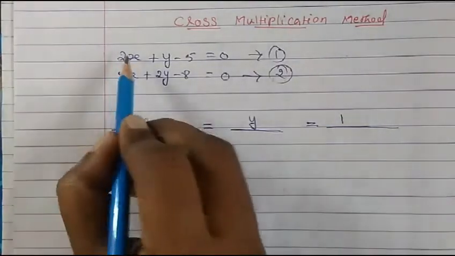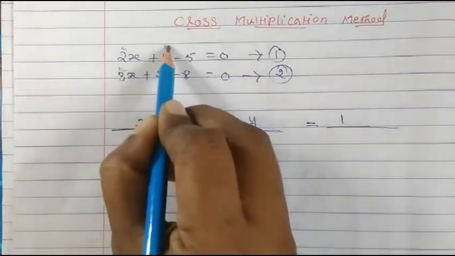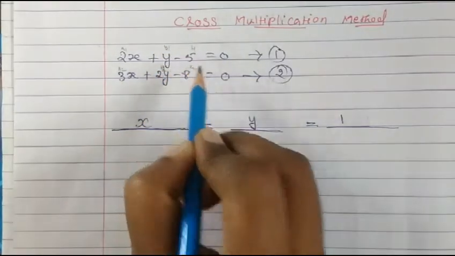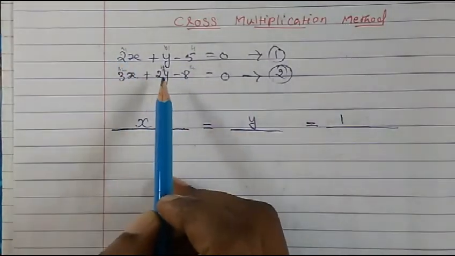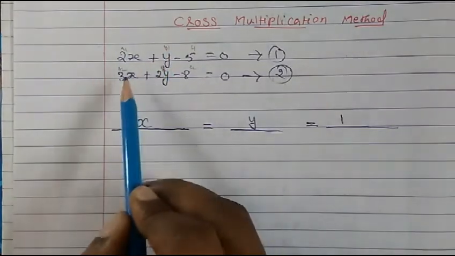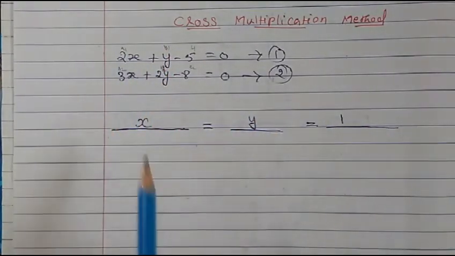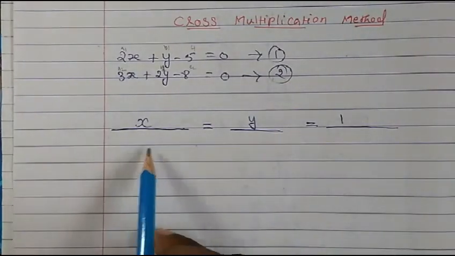So you know that this is a1, a2, b1, b2, and this is c1 and c2. In the formula it will be given like this, a1 into b2, b1 into a2, but don't worry about that. Here what I am going to show you is, you write down like this, and after writing, under x we are going to write.